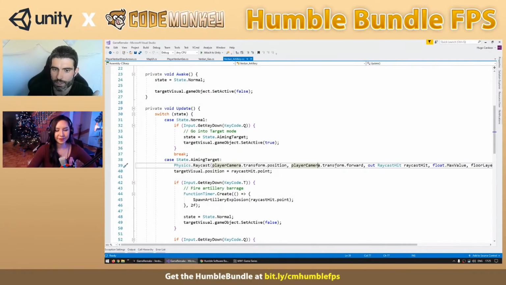Then for the direction, it's the transform forward, which I guess would be a nice quick tip, because a lot of people don't seem to know there's the forward vector. So that is really useful for seeing where a transform is pointing towards. Yeah, so this does a raycast, and then the results of the raycast go onto the